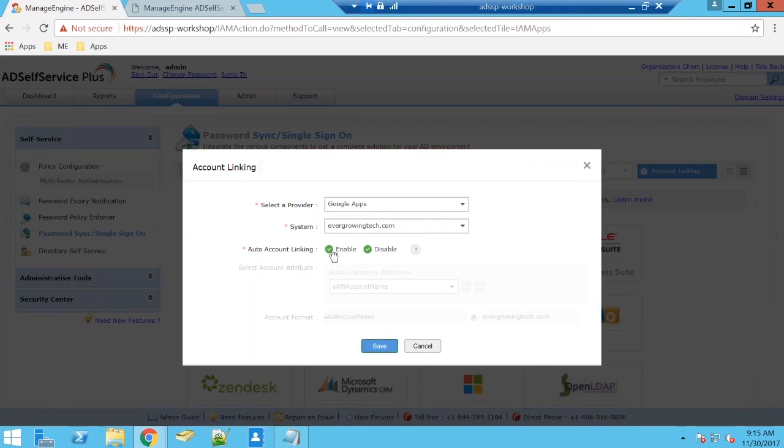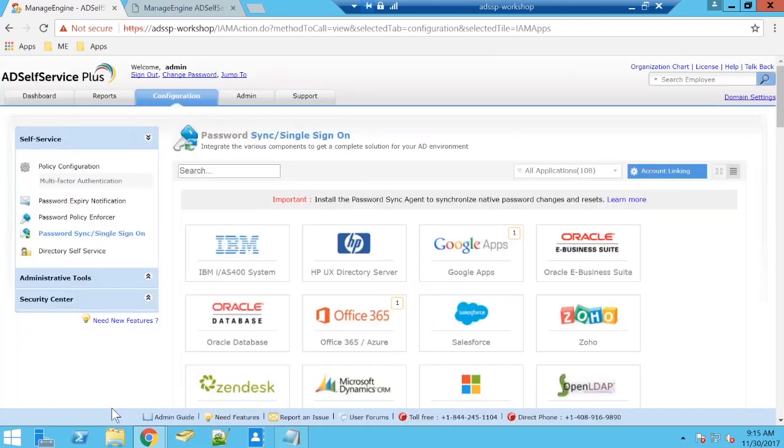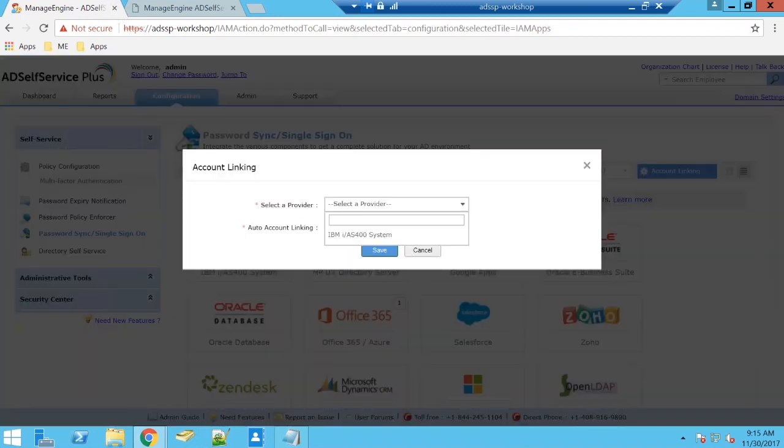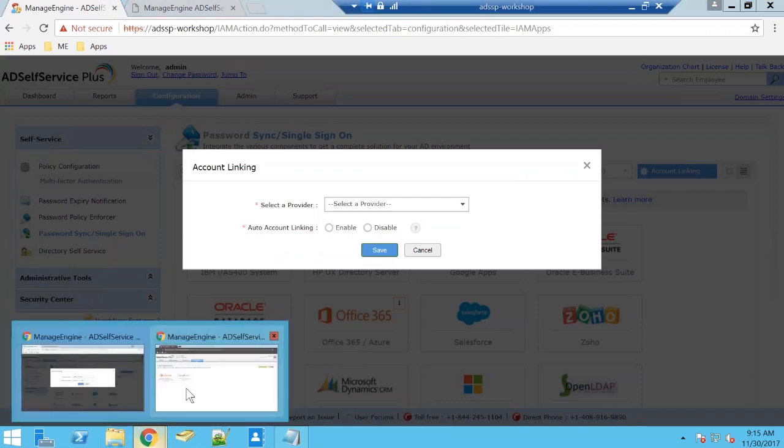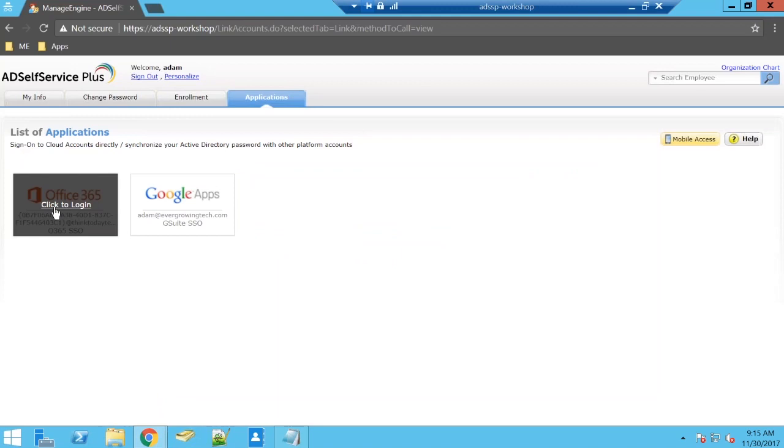All right, so I think the error is because I've already completed the configuration from this end, and when I disable, there will not be a mapping. I'll look back into that and get back. But yes, you can always choose the disable Active Directory attribute. And in that way, what happens is that the user will have a